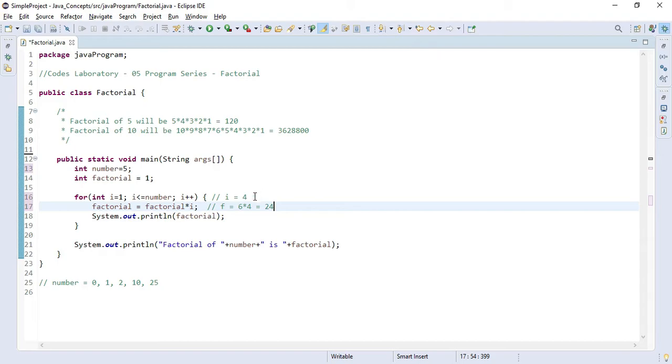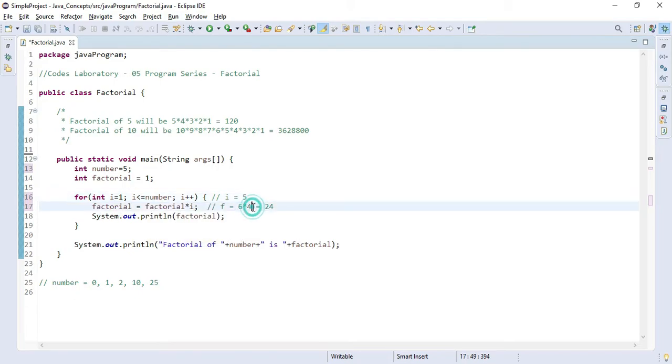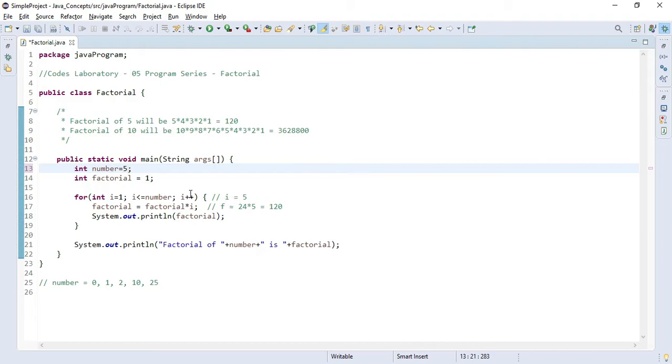This time the value of i will be 5, as this condition is true, the code will go into the body and it will be 24 into 5, as the value of i is 5, and the output will be 120. So finally it will print the factorial and then go here again, and this time the value of i will be 6.